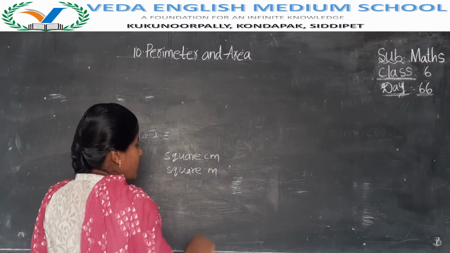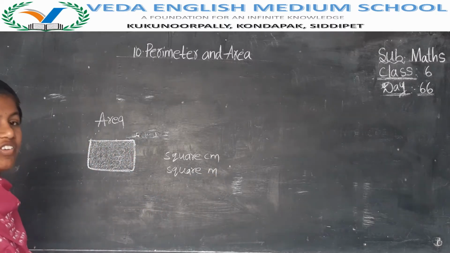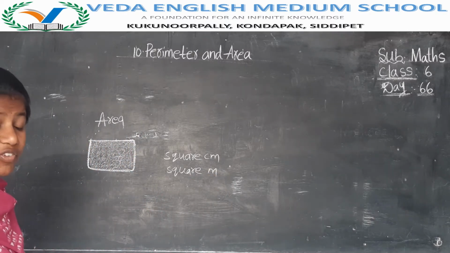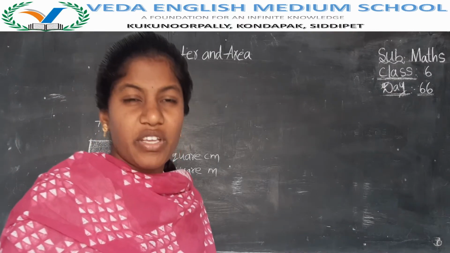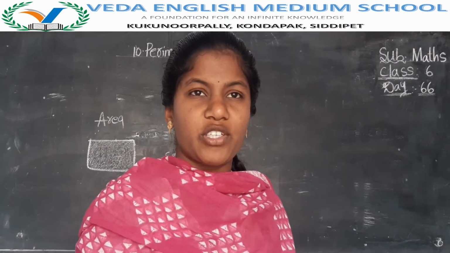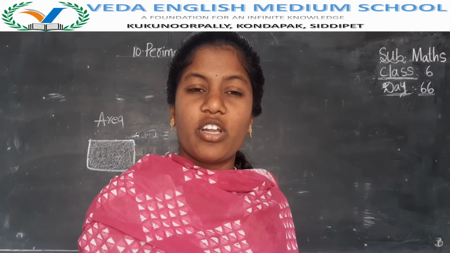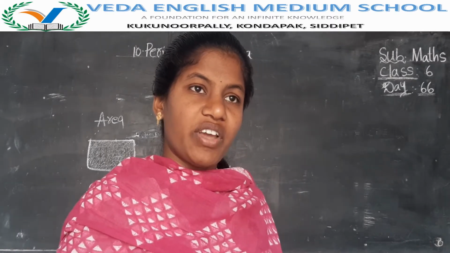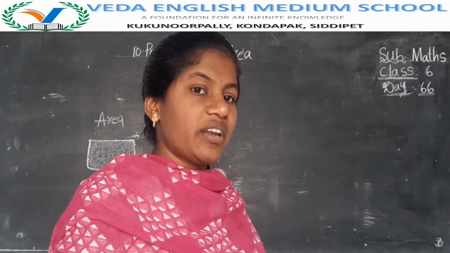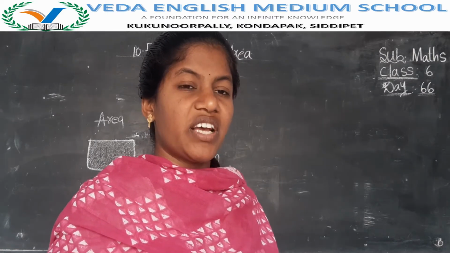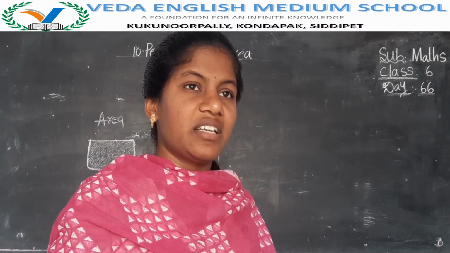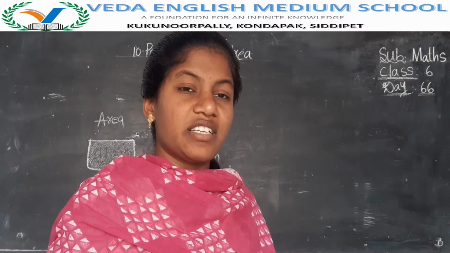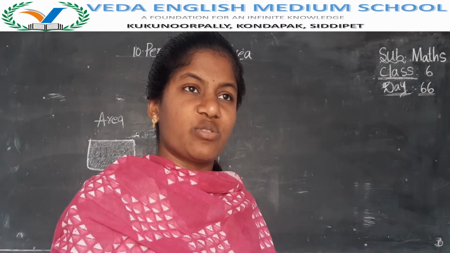Square meters, because to find the area we have to use square boxes only. If you want to find the area, graph paper is very essential for you. Using graph paper you can find it quickly. Each box in graph paper is square in shape. That's why we have to say square meters or square centimeters. If they ask 16 meters, then you have to say 16 square meters. If they say 16 square centimeters, then you have to say 16 square centimeters.